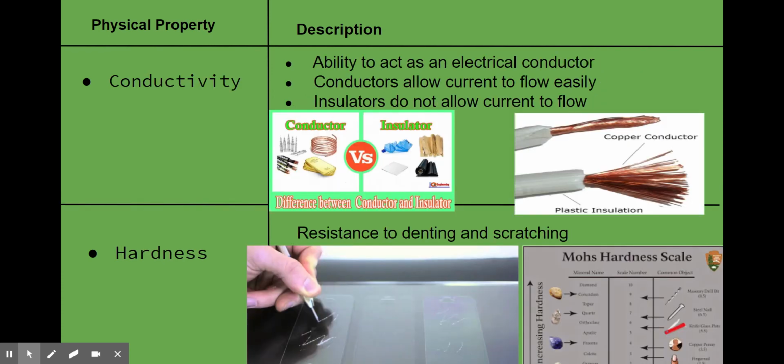If something is a conductor, if it has conductivity, so if it has the ability to act as an electrical conductor, a conductor allows the current and flow of energy to pass through. That would be like the wires you see on the inside of a phone charger. Usually things that are metals are conductors, like copper is a great conductor. If it's an insulator, it does not allow the flow of energy to occur. So what you see wrapped on the outside of your phone charger, plastic, things like that, wood, that's not going to be a conductor. Rubber.